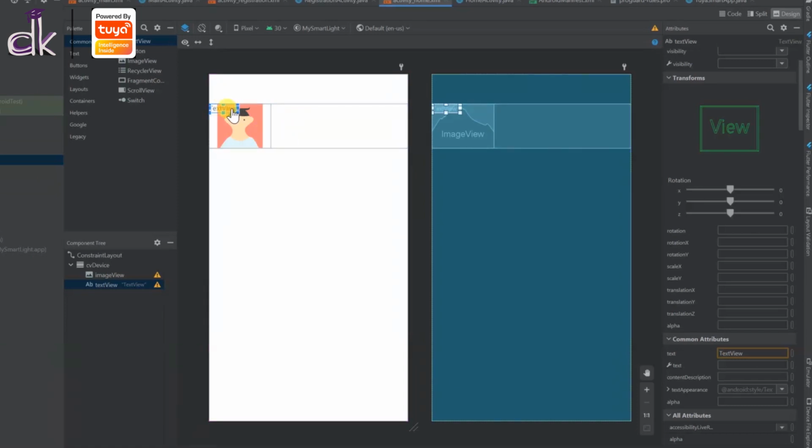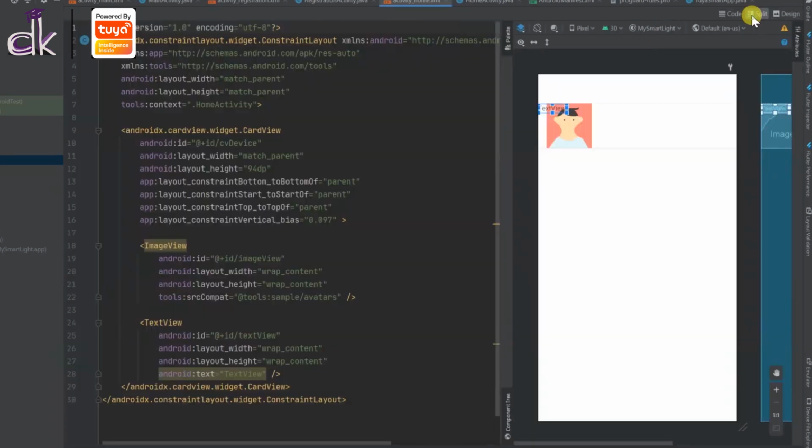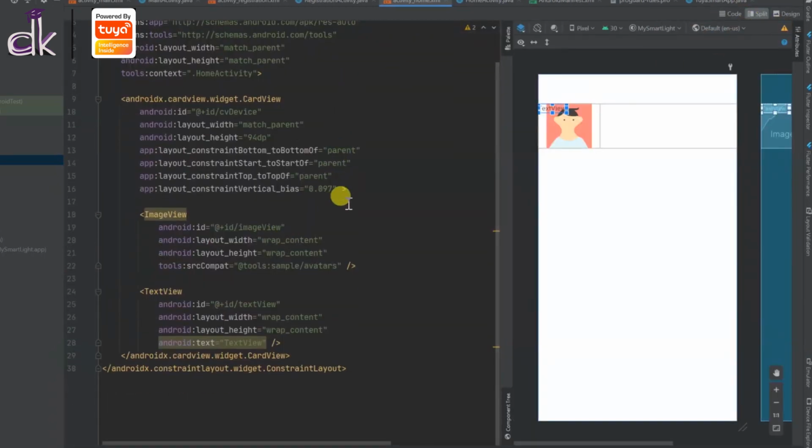and you'll notice that if I try to drag it here, it's not allowing me, and it's kind of going and sticking to the edge of the layout here. So for that, click on code here. You can click on split as well. Either will work. So click on split, and here we'll need to do some modifications.